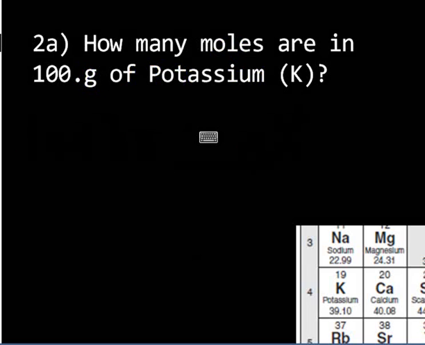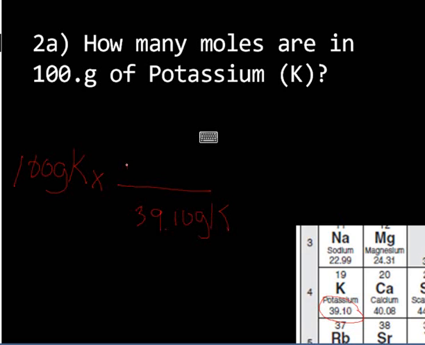Okay, so what I have as my given is 100 grams of potassium. And I can look for my conversion on the periodic table, and here it is, 39.10 grams. 39.10 grams of potassium is 1 mole of potassium. If I set it up right, I cancel my units of grams of potassium and grams of potassium, and I end up with 100 times 1 divided by 39.10, and I get 2.56